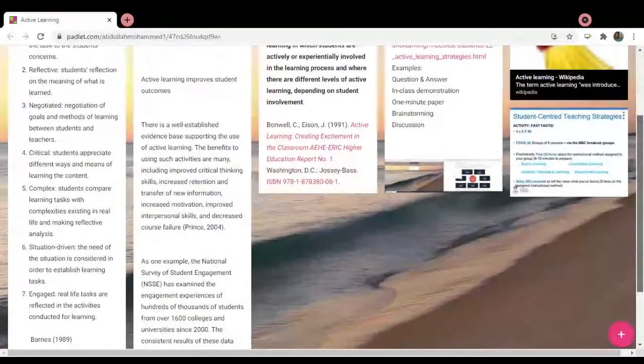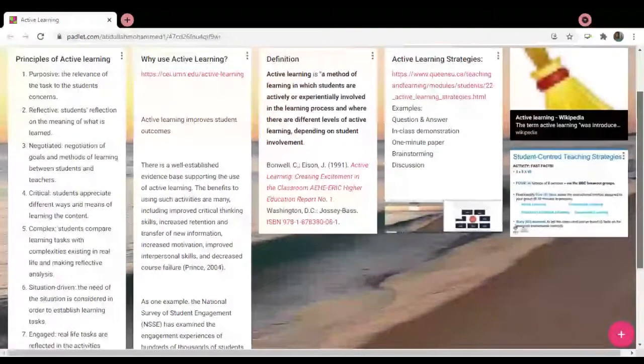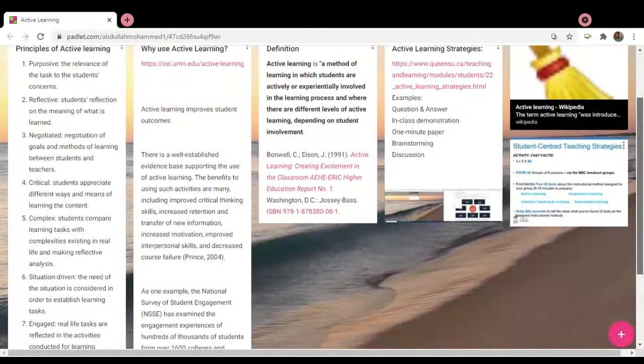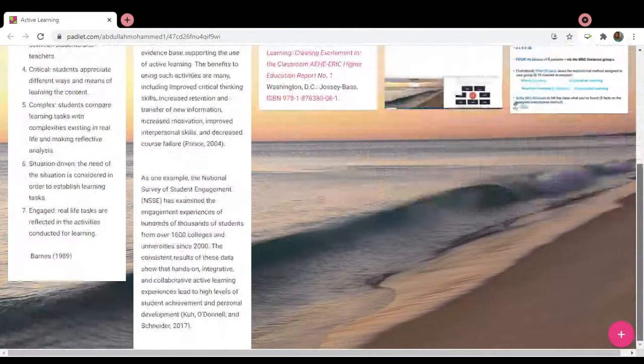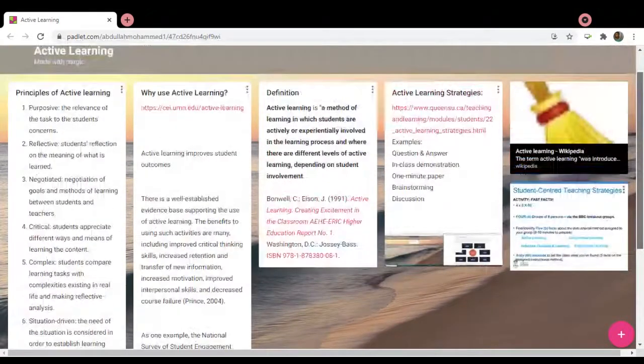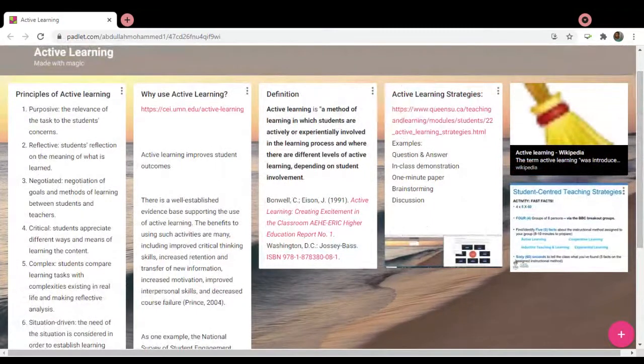There are several strategies, some we found on that link there. For example, question and answer, the Socratic method, in-class demonstrations, problem-based learning, the 1-minute paper, brainstorming, having discussions and that sort of thing. So pretty much bringing the students into the conversation.